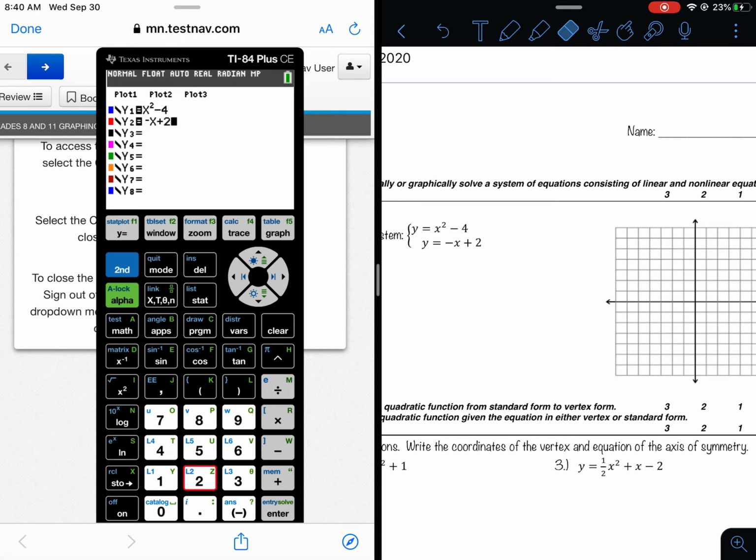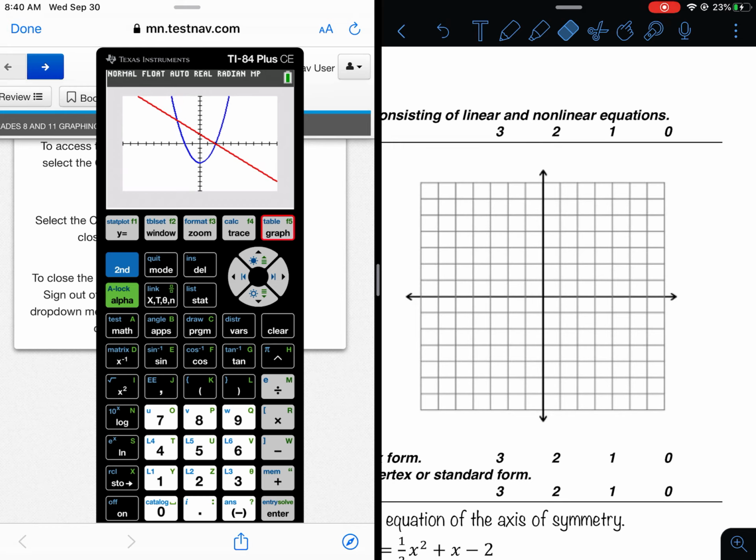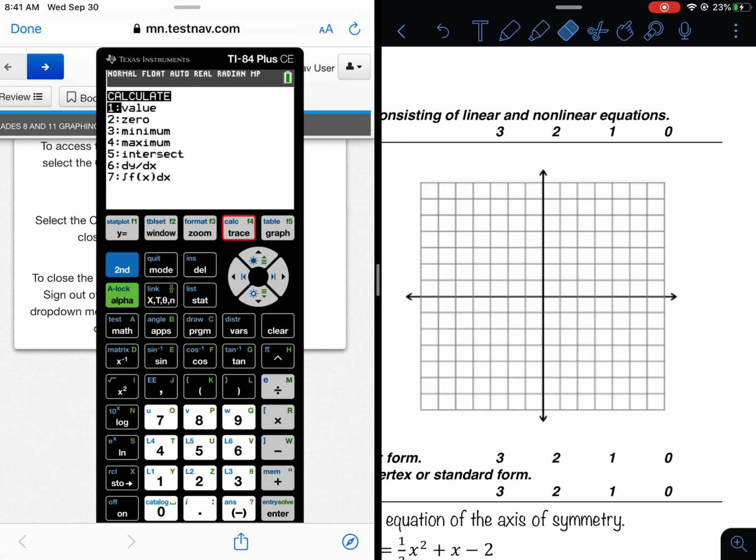When I go to my graph, you'll see that I have a parabola and a line crossing. So I'm going to go ahead and draw this. Now, let's find the intersect points first. You can see that this actually intersects in two different spots, one on the left and one on the right. The calculator is able to find these intersect points by simply going to the calculate menu. Remember, this is where we always go, this calculate menu, and you'll see that there is an intersect option. By selecting intersect,